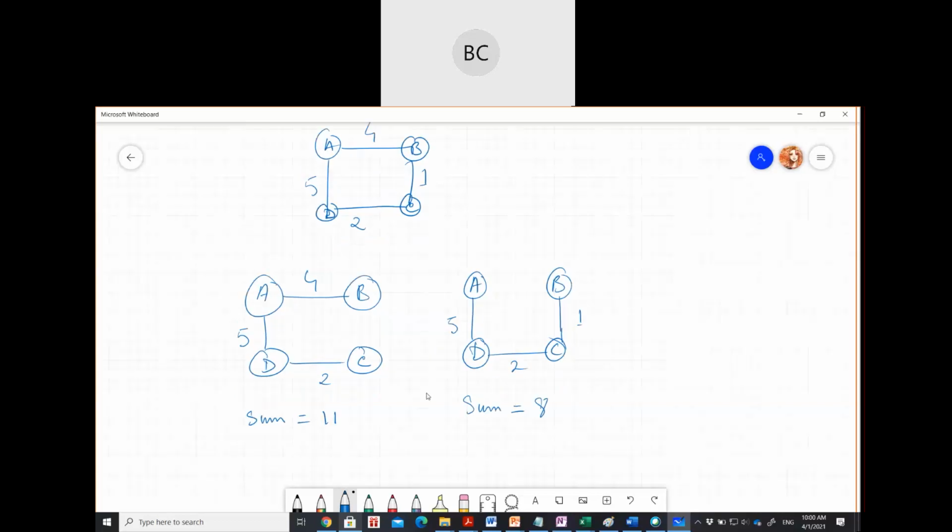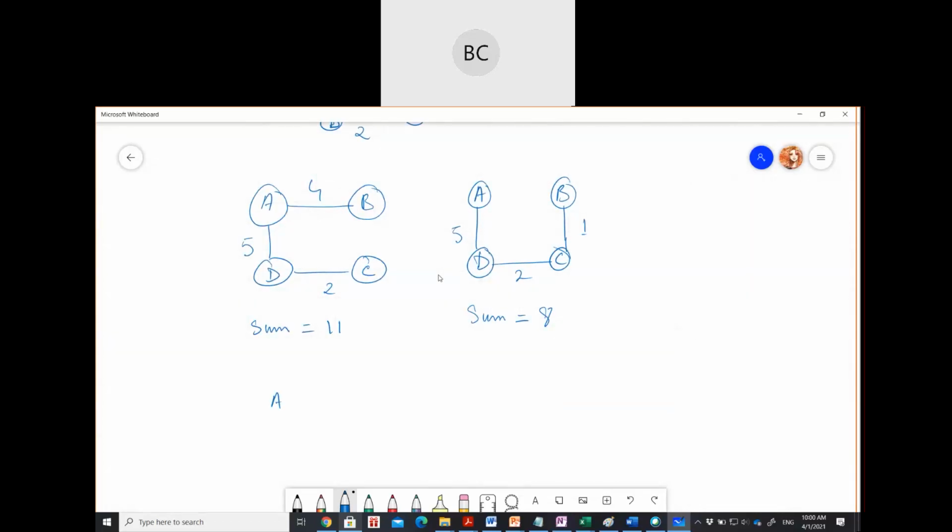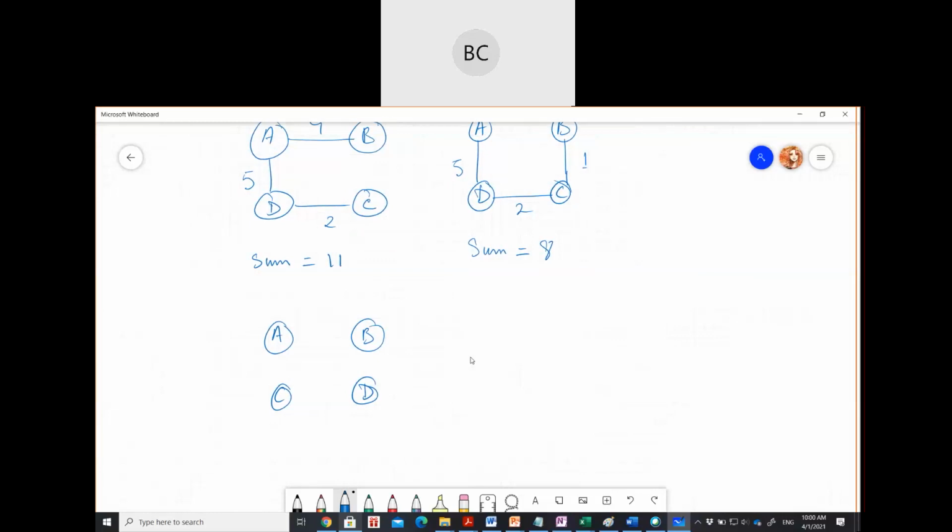Next, for example, 5, 1. So for this case, the sum is 10. Let's take another one: 2, and 2. And the sum is,